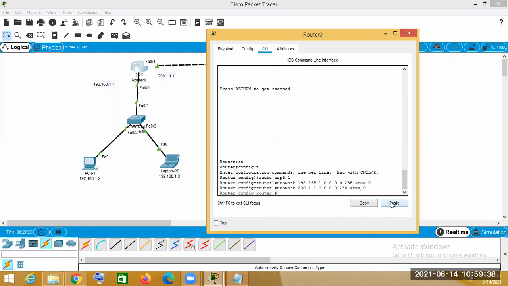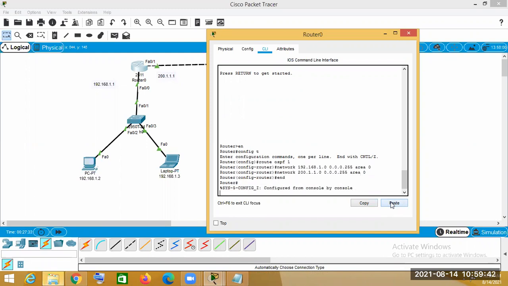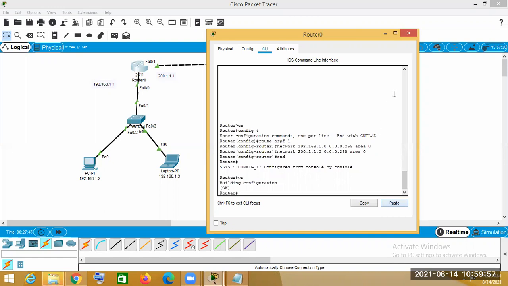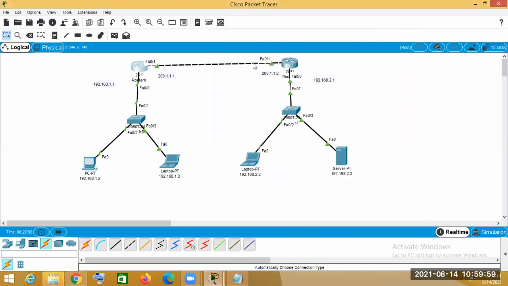After this, we will use the end command, and after end, we use the WR command for saving it. Okay, so this is done for router 1.